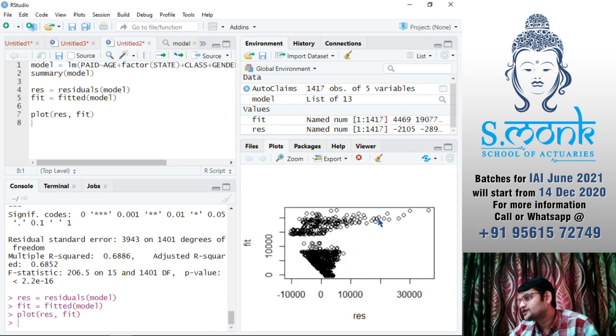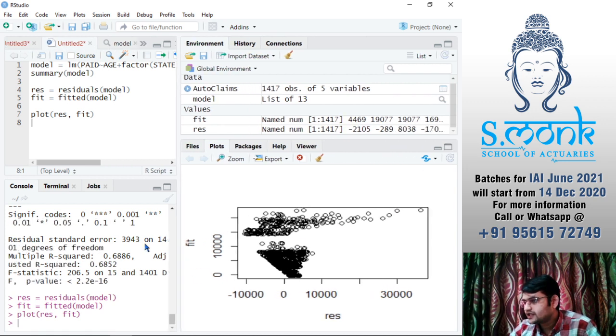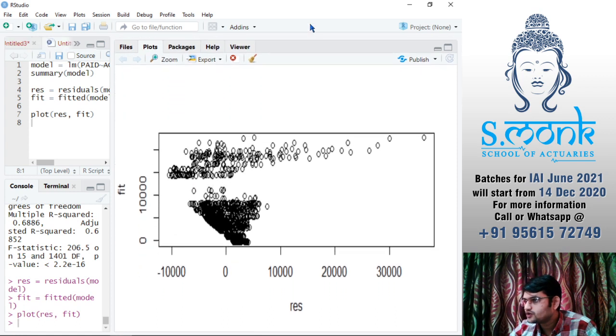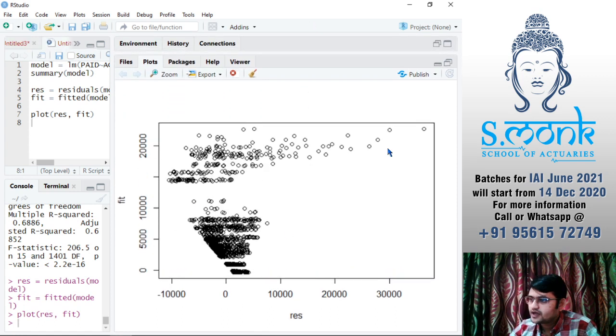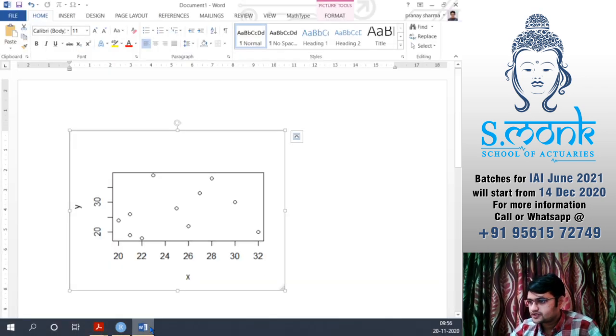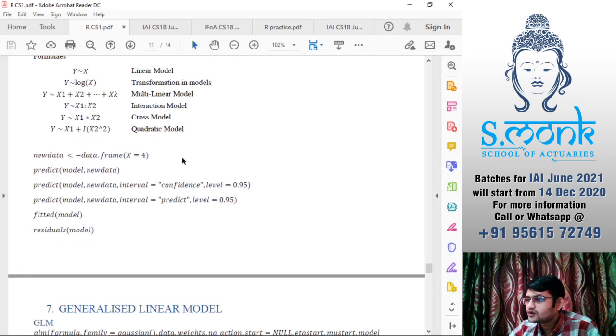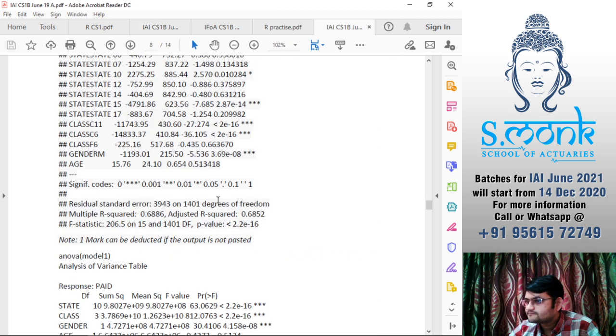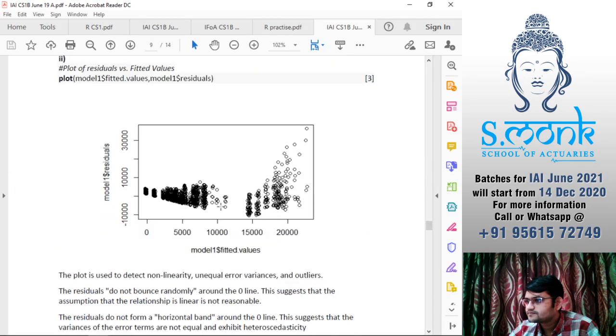And here we have residual versus fitted values. Again, as I've said, if you feel like the presentation is not very good, increase your graph, and then you can basically show it. Let's see how their graph looks. Okay.